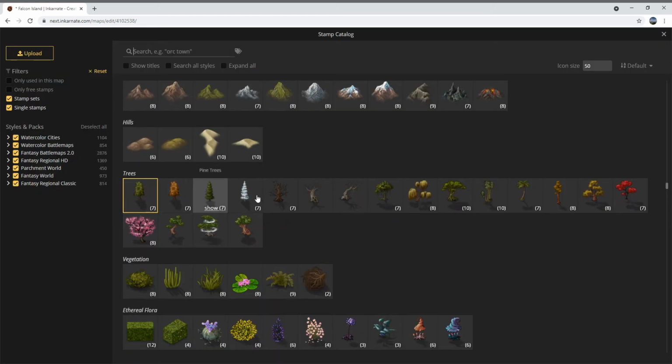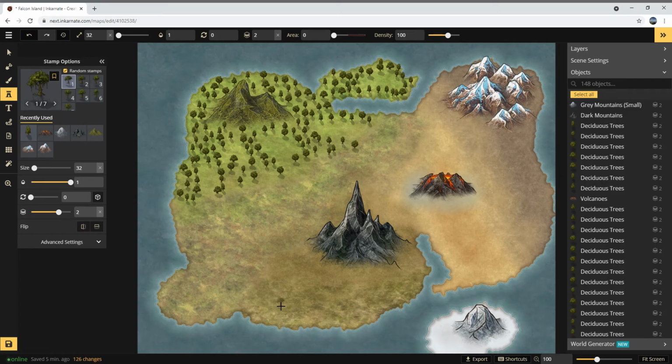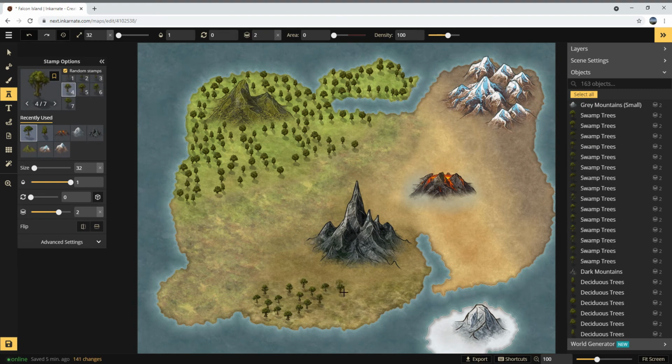So now I'm going to go over here and grab some swamp trees. So I got some swampland down here. Swamp trees you can just throw in there. Of course, you want to leave some room for maybe a settlement down here, but you have to think realistically. There's not that many places of too much fame or worth inside of swamps, other than probably,